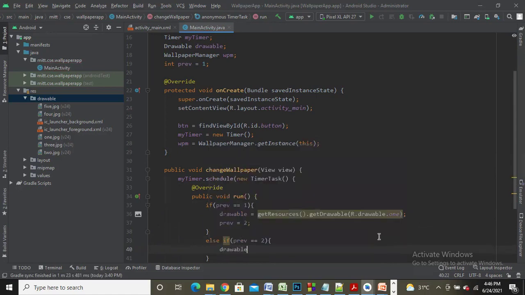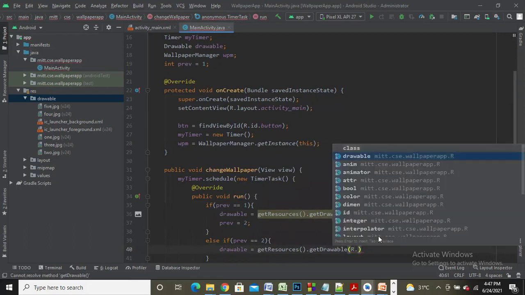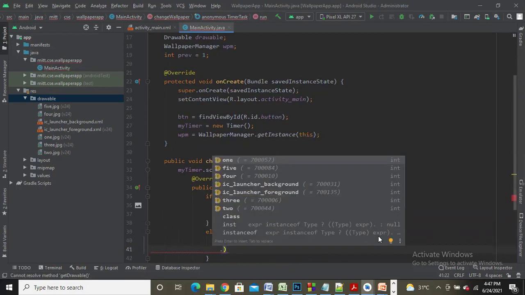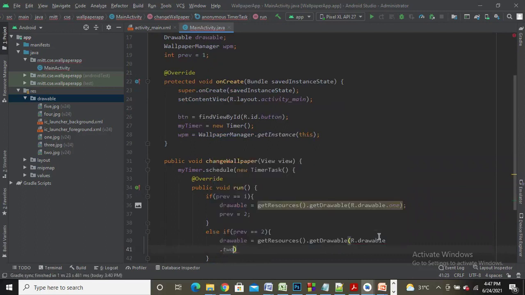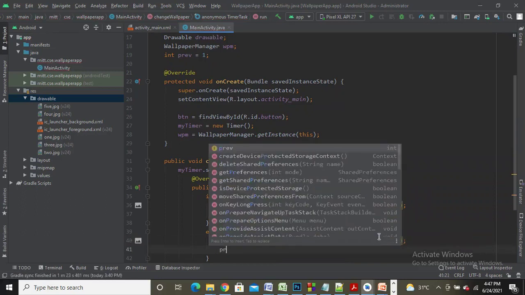So I'll write the same code. Drawable is equal to getResource dot getDrawable from the resource folder under the drawable folder with the name 2. Semicolon. So after this, I'll change the preview value to 3.